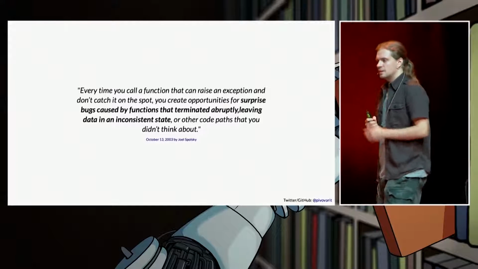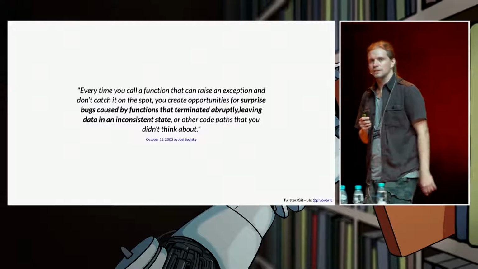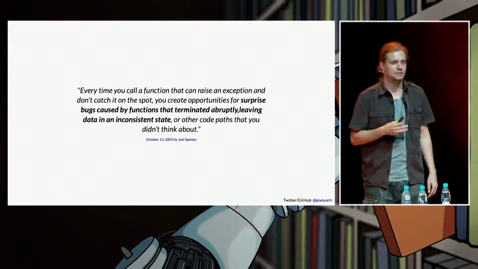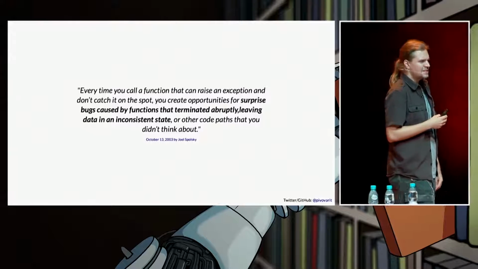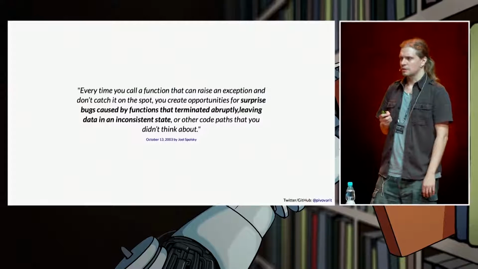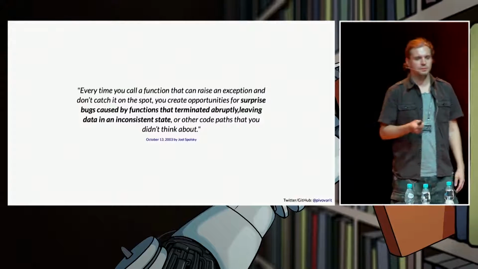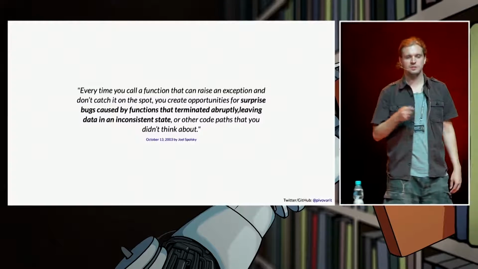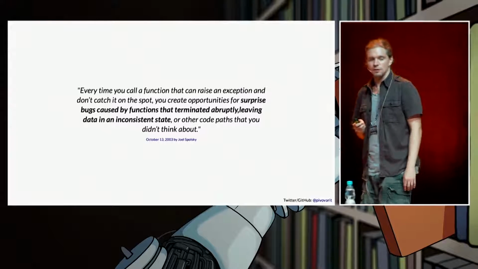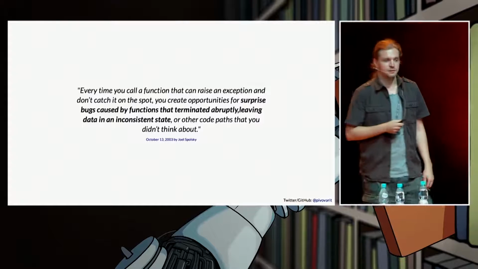As you might know already, there's been a lot of criticism around exception handling in Java and exception handling in general for quite a long time. One of the most famous write-ups about this subject was issued by Joel Spolsky, one of the co-founders of Stack Overflow, in 2003.